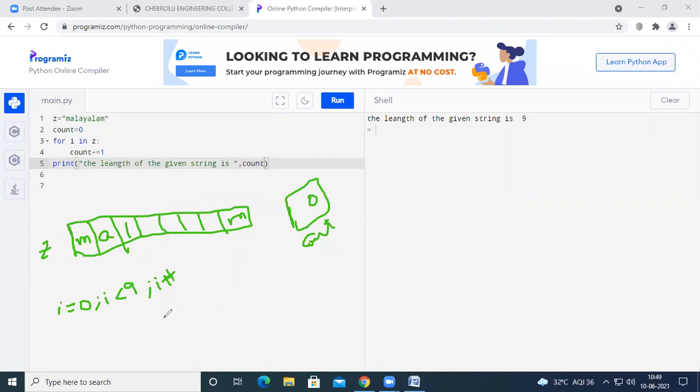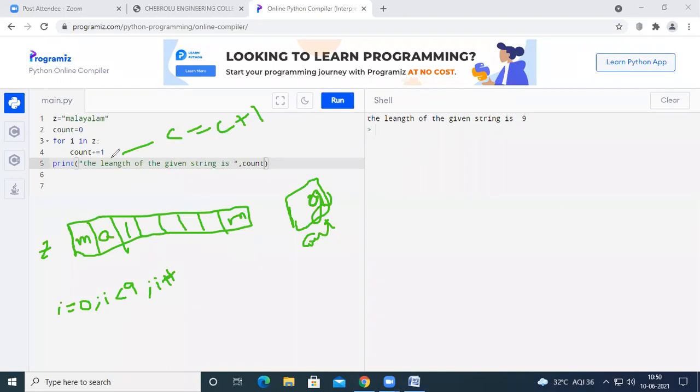Okay, and then we had written count plus equal to 1, which is count equal to count plus 1. See here, the first value of i will be 0. When i is 0, the count will become 1. When i is incremented to 1, count will become 2. When i is incremented to 3, count will become 4, and so on.